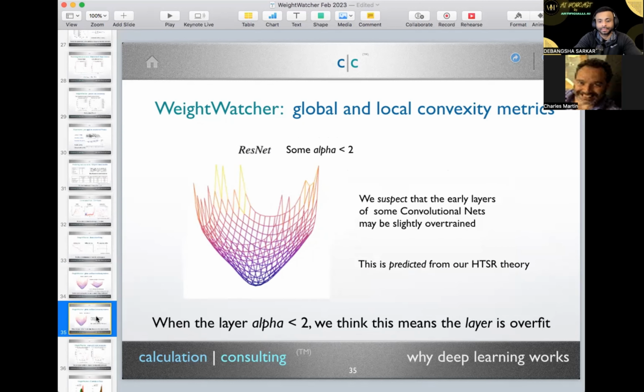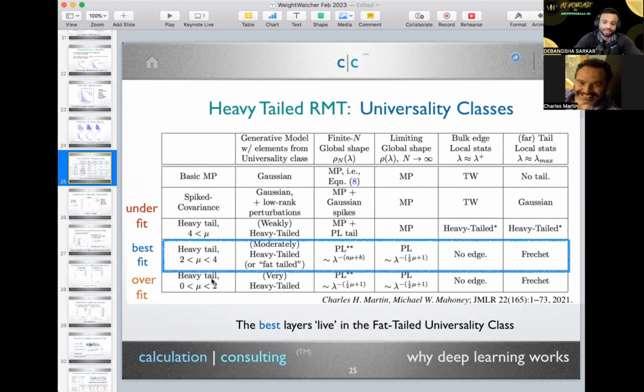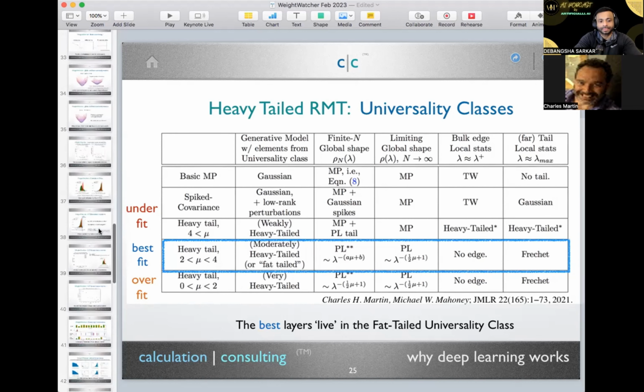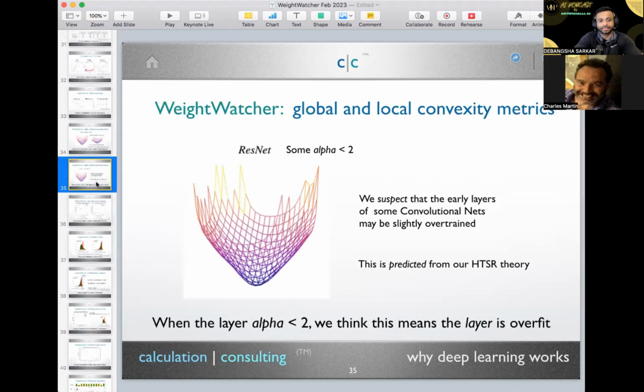And again, in the new theory paper, which is on my blog, I can induce an effect called a correlation trap. Basically, you shrink the batch size to 1, you get these weird effects which cause alpha to drop below 2, and you see the test accuracy decreases. So we can actually show this sort of overfitting in very simple toy models.